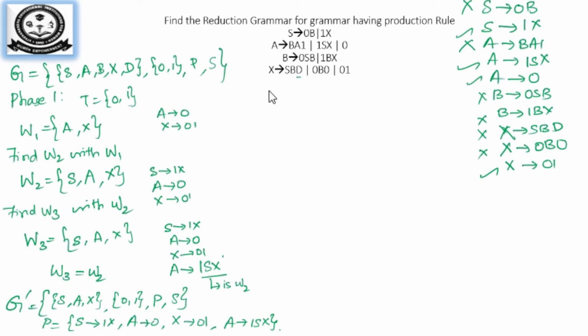Right, now we know our G dash. So we will start our phase 2 process. Phase 2: Y1 will contain the start symbol S. Here in phase 2 we are going to work with G dash, so we are not going to use G. We will use only G dash. So let me rub the productions which are not there in here. I will rub all these productions.